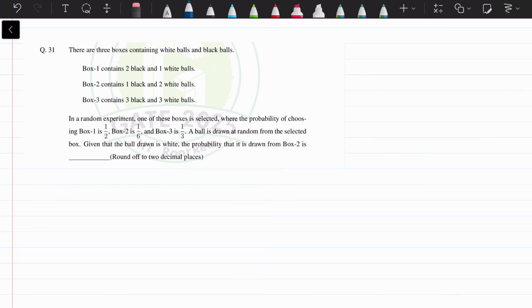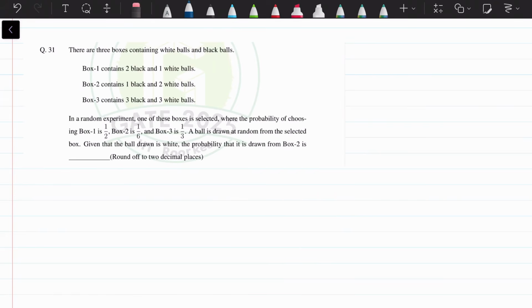चलो अब GATE का क्वेश्चन नंबर 31 कर लेते हैं। इसके अंदर हमारे पास तीन बॉक्सेस हैं। बॉक्स 1 के अंदर 2 ब्लैक बॉल्स और वाइट बॉल्स हैं। बॉक्स 2 के अंदर 1 ब्लैक और 2 वाइट। बॉक्स 3 के अंदर 3 ब्लैक और 3 वाइट बॉल्स हैं। हमें ये भी दिया हुआ है कि हर एक बॉक्स की चूजिंग की प्रोबेबिलिटी क्या है। बॉक्स 1 will be chosen with the probability of 1/2, बॉक्स 2 will be chosen with probability of 1/6 और similarly बॉक्स 3 को चूज करने की